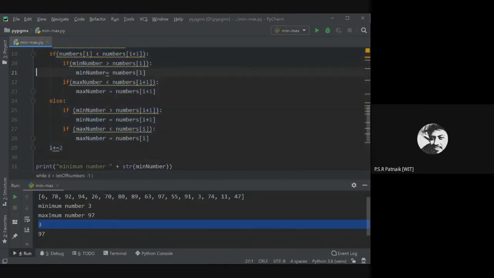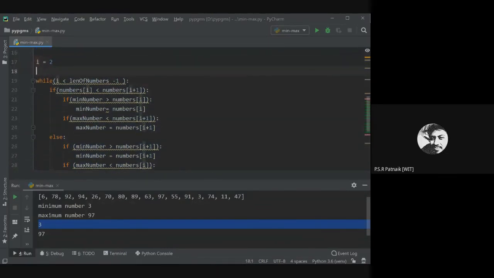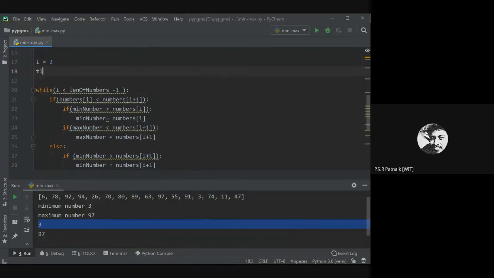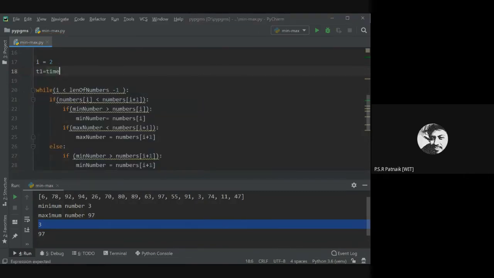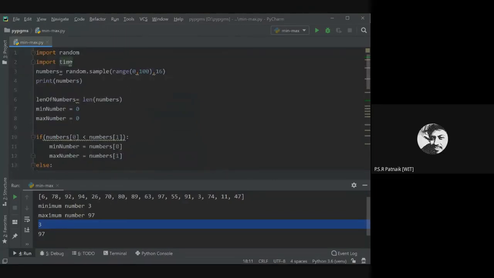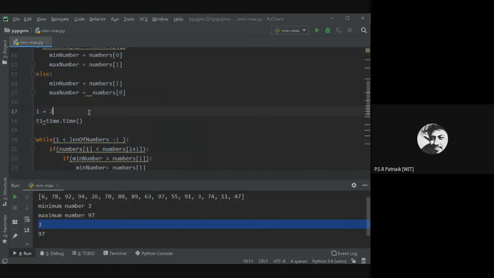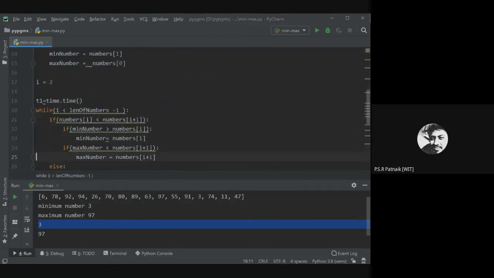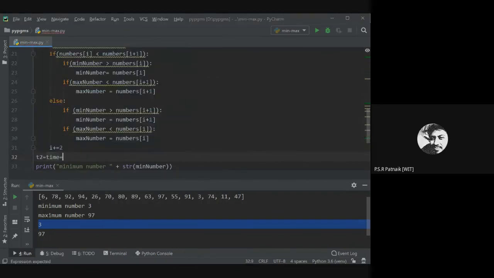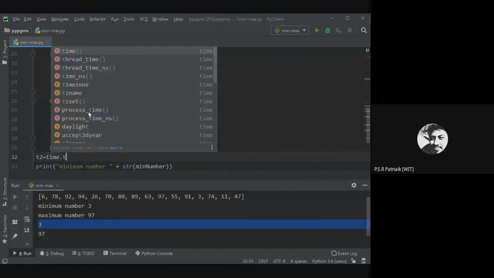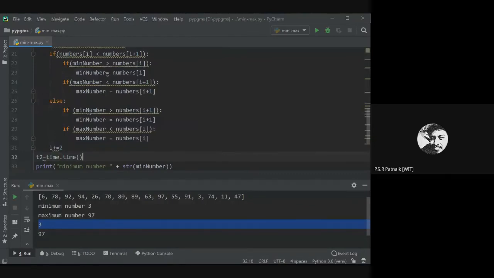If I want to check the time required, I'll say T1, timestamp 1, is equal to time.time(). Here, time is the Python module I have imported. And at the end of this loop, when I come out of it, I'll take another timestamp, T2, equal to time.time().